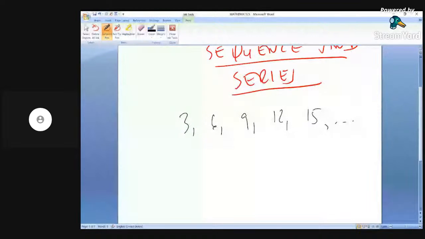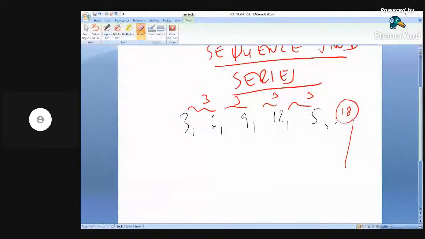Checking 3, 6, 9, 12, 15, you can predict here the number which is going to follow very easily. As you can see, there is a constant difference between these numbers. The difference here is 3, here 3, and even here 3. So you can easily say that the next number is going to be 18. And actually, this is how a sequence is. So we can say that a sequence